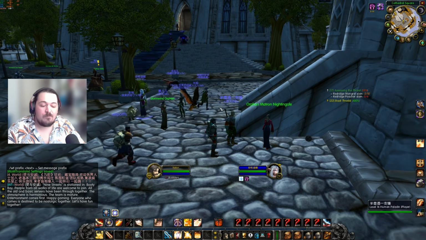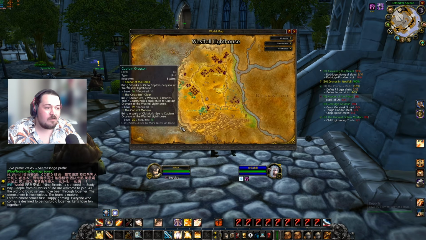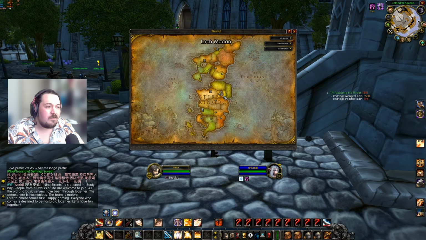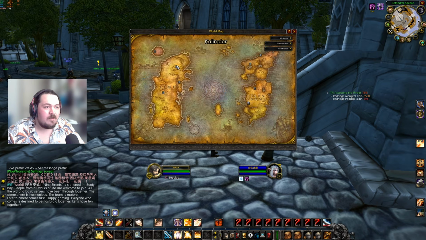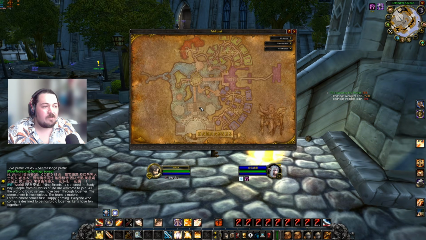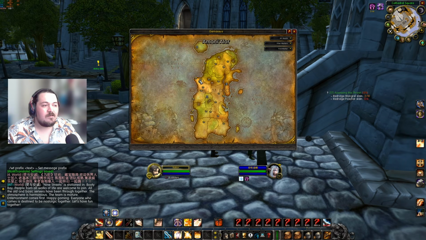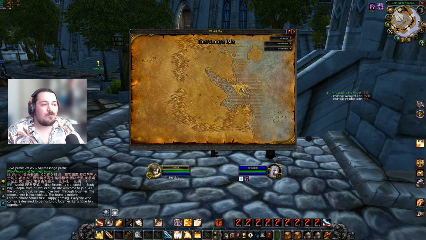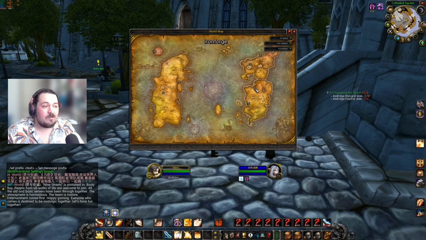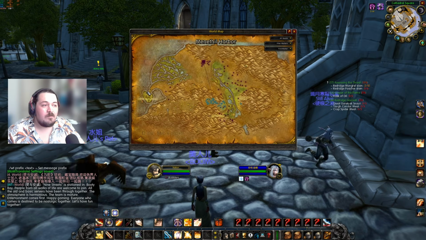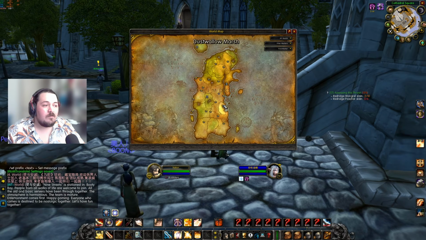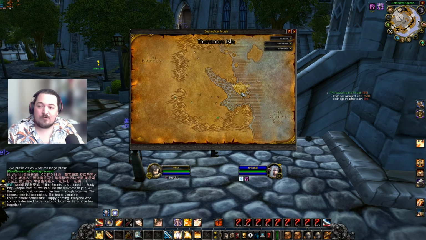You've got to go to Westfall. I think the locations are down here at Westfall, and then another one is to come to the dam up here, and another one would be to get the boat over to here, and I think it's to the bank in the centre. Then you have another one to come talk to Jaina, which means you've got to run to Menethil Harbour, get the boat over to here, talk to Jaina,